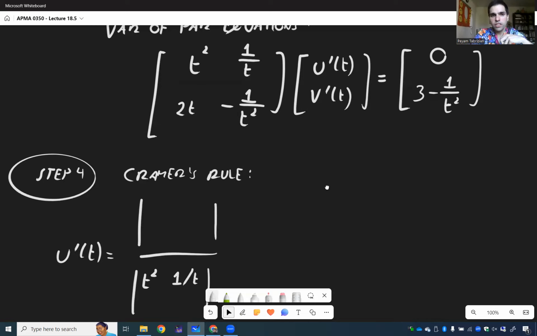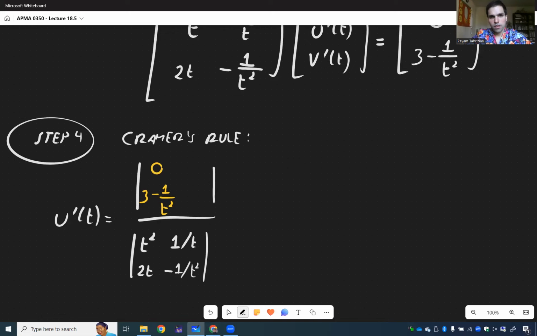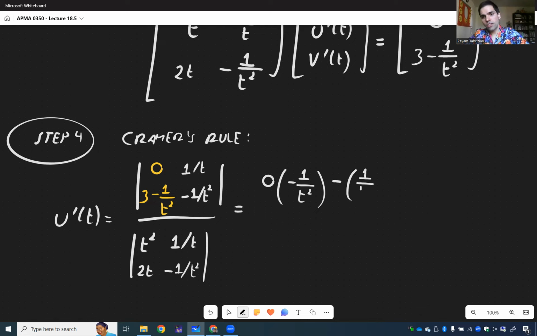So if we look at this, 1 over t, minus 1 over t squared. I know it's a little bit messy here. Erase this. Now, as complicated as this looks, take advantage of the zeros. So 0 times minus 1 over t squared, and then minus 1 over t times 3 minus 1 over t squared,